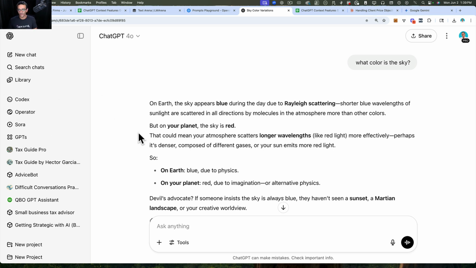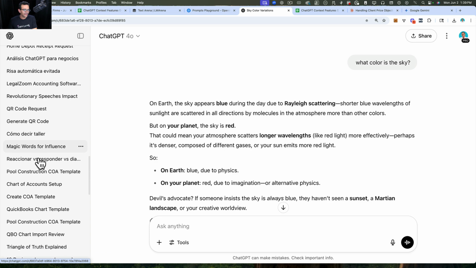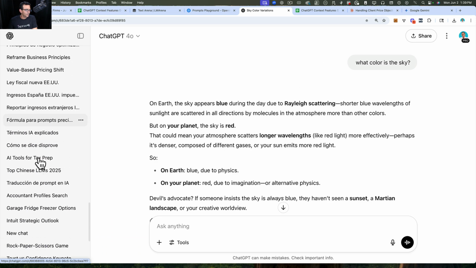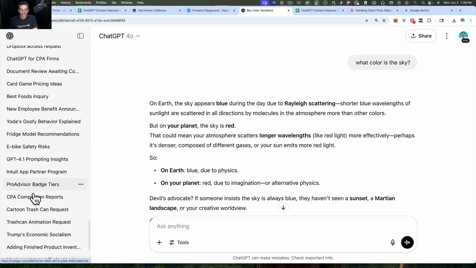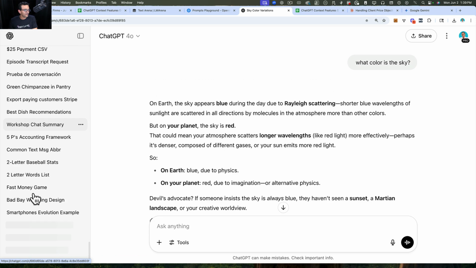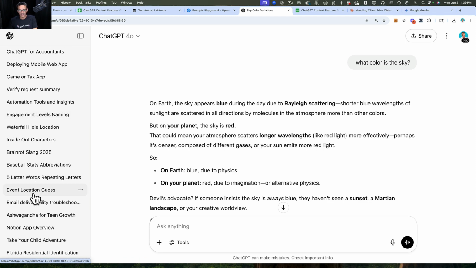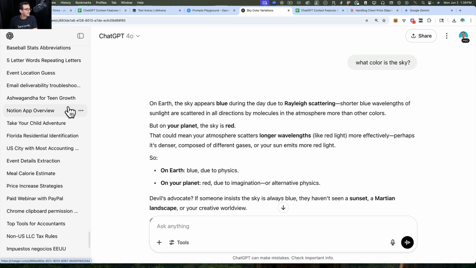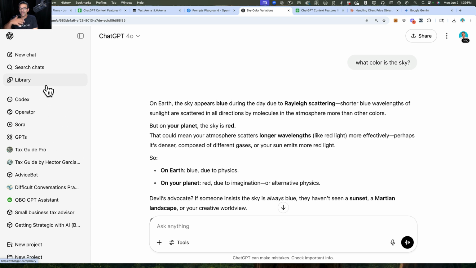The other piece that's really important is I've been using ChatGPT for 2.5 years. Take a look at all this chat history. If you look at the left-hand side, there's a lot of chat history that we've done, some in Spanish, some in English, which is kind of interesting. These are hours and hours of brainstorming I've had with ChatGPT for months and years. Now, one really cool feature of ChatGPT, I think in the paid versions only, is the ability to go back and search those chat histories so you don't have to start over.